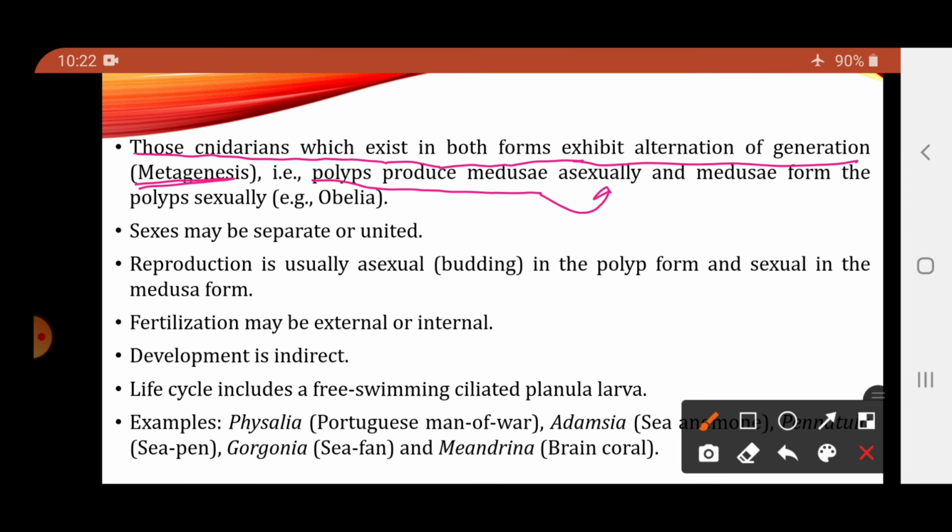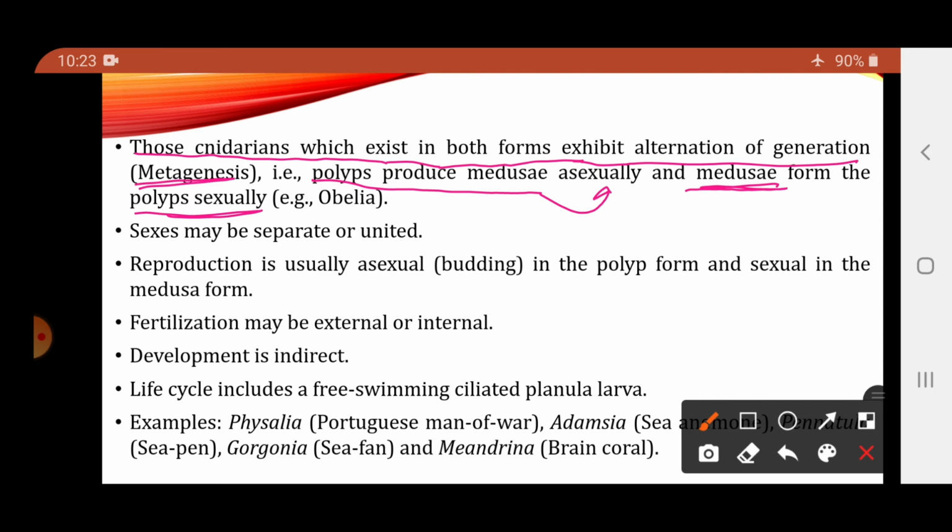Polyps always undergo asexual reproduction, and what will form? Medusa. And medusa, by sexual reproduction, will develop what? Polyps. So that is called Obelia. The polyps by asexual reproduction form medusa, and medusa by sexual reproduction forms polyps. So this polyp form alternates with the medusa form, that is called alternation of generation or also called